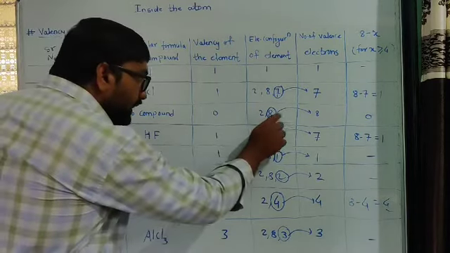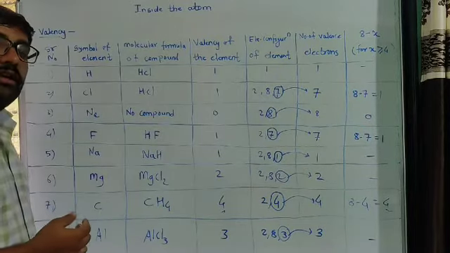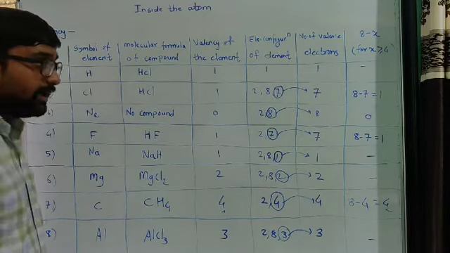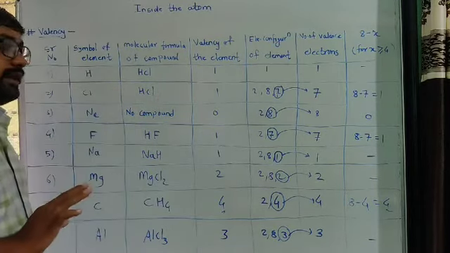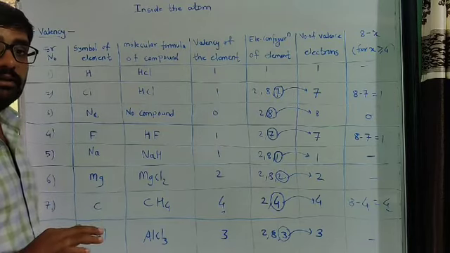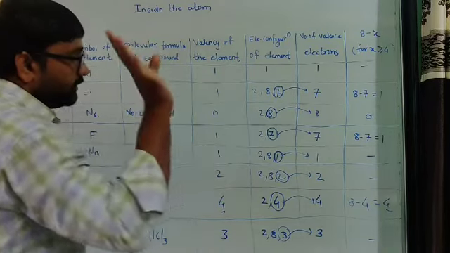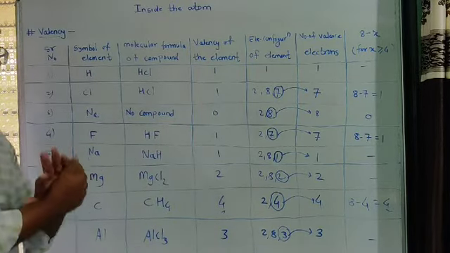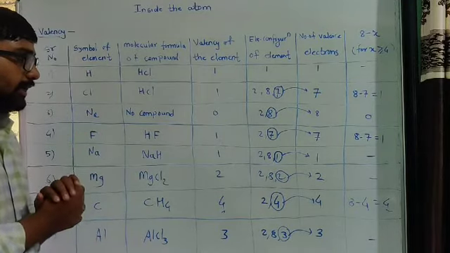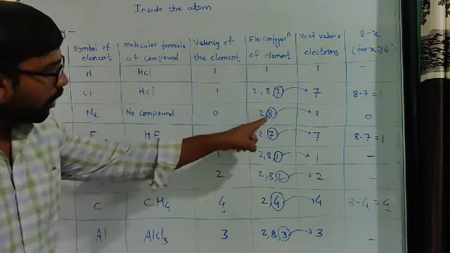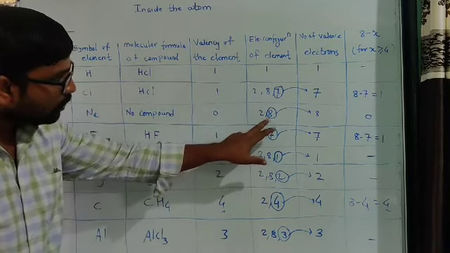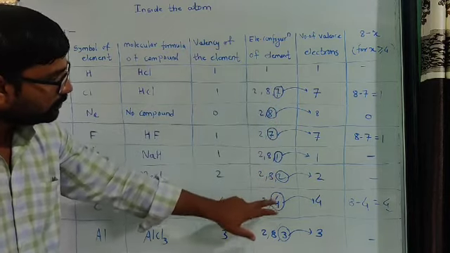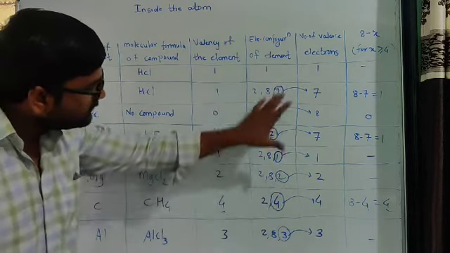Look here: 8 electrons in the outermost shell means its octet is complete. Its octet is complete, so that is why it does not react with any other element. It does not need any other element. We have to remember that the octet is complete only here. In other cases, with 7, 1, 2, 4, 3 electrons, the octet is not complete.